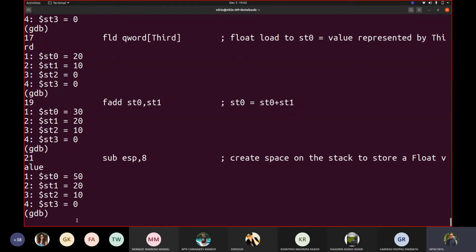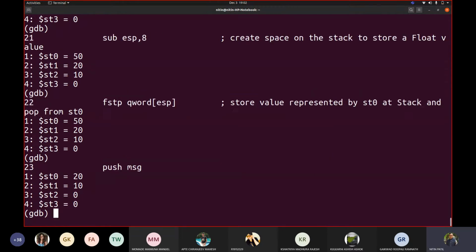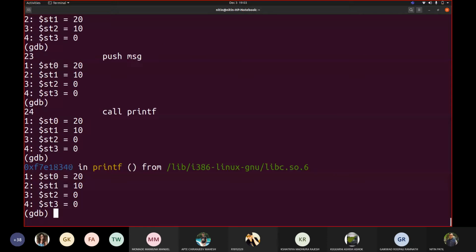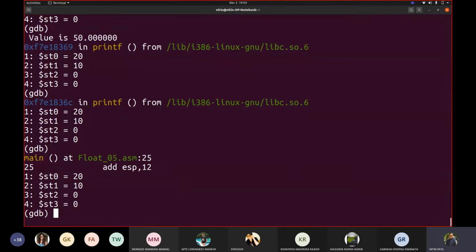And now we are popping this value by printing it. So let us print. It will print after a while. Now add ESP, 8. You may see now the 50 was popped. Can you see that popped? Now only 20, 10 are remaining.